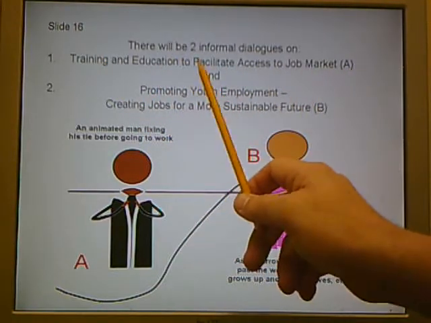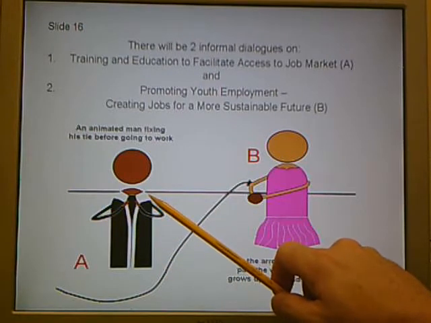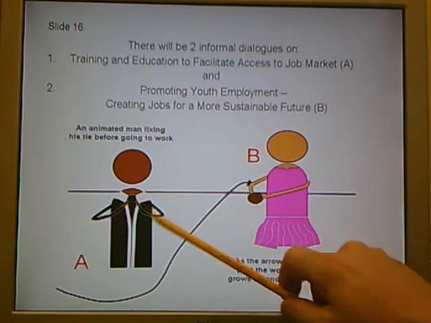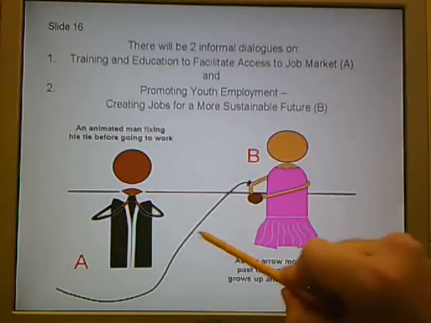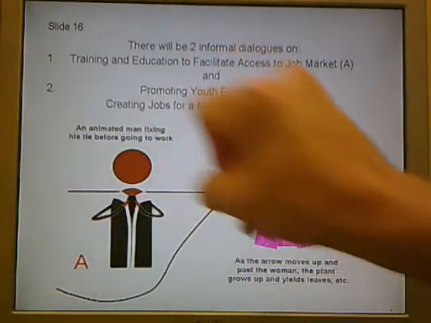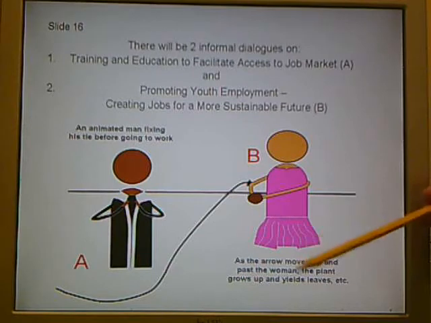Now, whenever it brings up this, it's going to be written maybe beside this person here, which represents a male. He's going to be fixing his tie as if he's going to work or he's going to a job interview or something like that, as the arrow goes up and over his shoulder and kind of passes him in this direction, it's going to approach this girl here. Obviously this is the best I could do with a female dress, but we're going to have something maybe a little bit more business oriented, or something a bit less stereotypical. I just did this to kind of represent what we wanted.